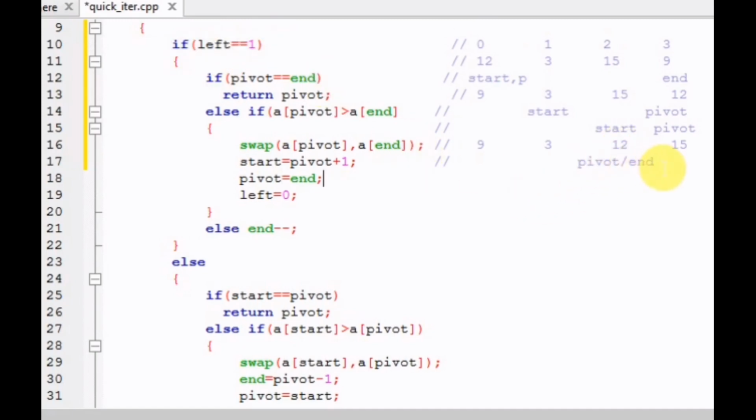So here just see, pivot and end point to the same index, that is index 2, right? So now within this loop we will check if pivot equals end. Yes, see here the pivot and end index are the same, right? So we will return the value of pivot. And what is the value of pivot? It is 2. And what does it mean?